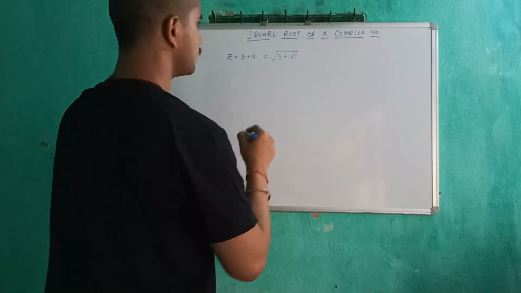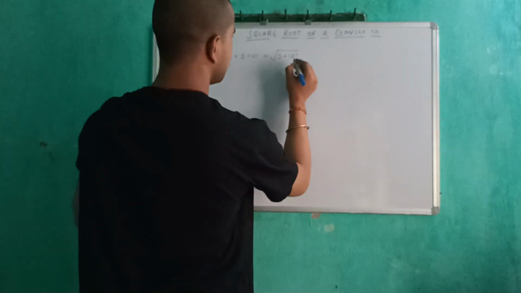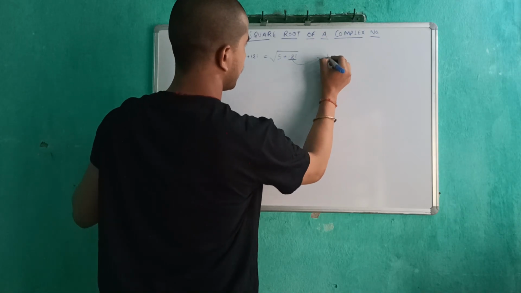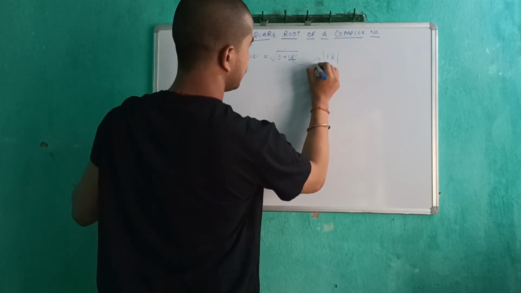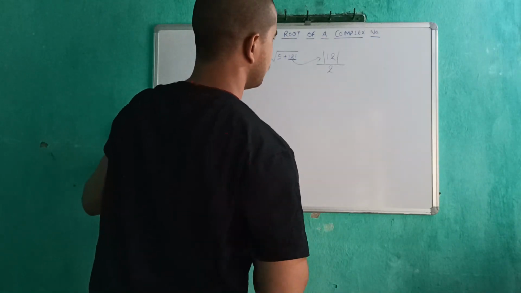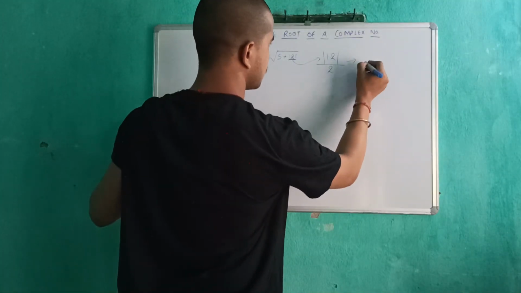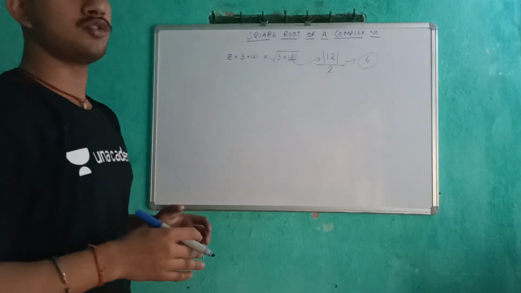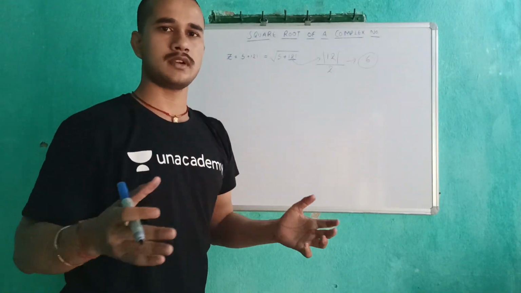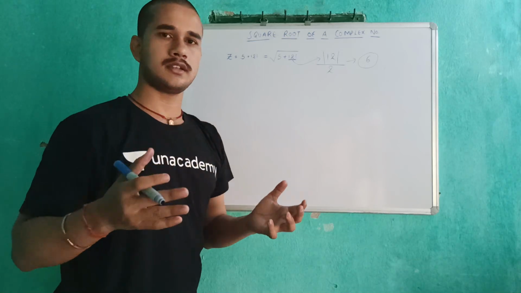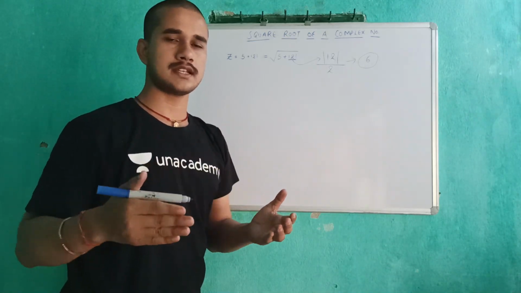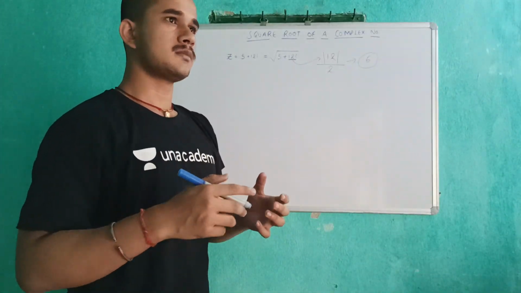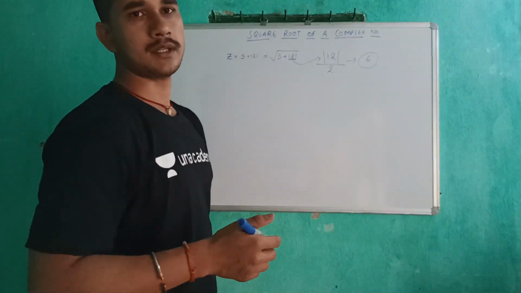Okay, the very first thing we should do after this is take the imaginary part digit, which is 12, take it in the mod like given here, and then divide it by 2. After we divide by 2, we get the resultant as 6. So what do we do with this 6 now? We just split it into two parts, such that if the difference of their squares is taken, we should get this 5. If we take the difference of the squares of the split numbers, then we should get 5 from them.